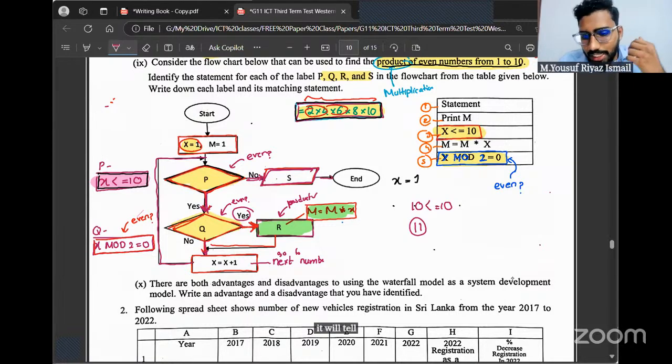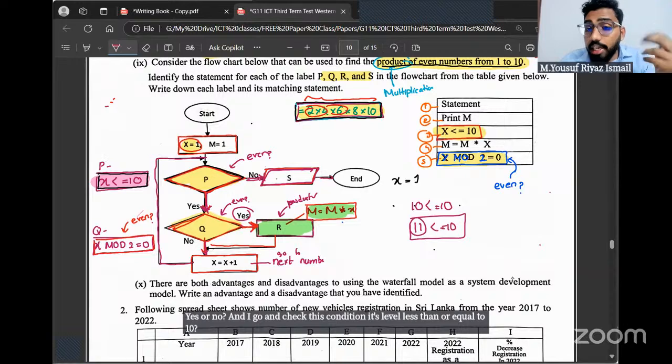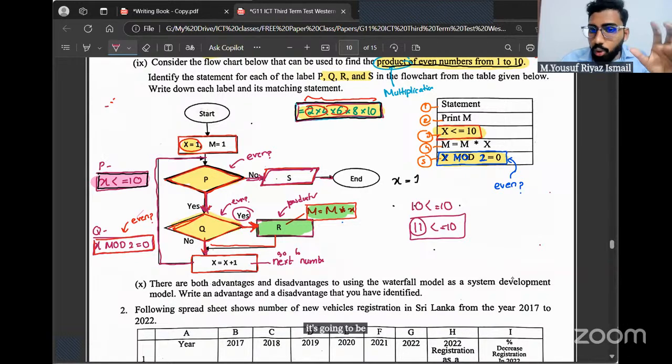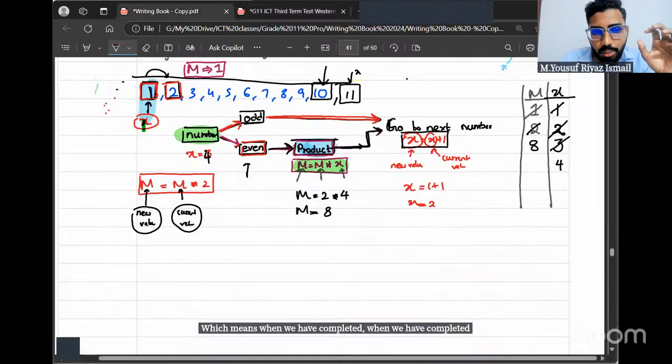When I go and check, is 11 less than or equal to 10? Is 11 less than 10 or is it equal to 10? Yes or no? When I check this condition, is 11 less than or equal to 10? It's going to be a no. So when it gives a no, which means